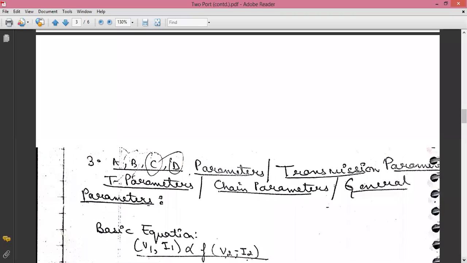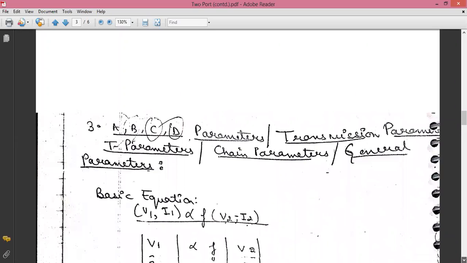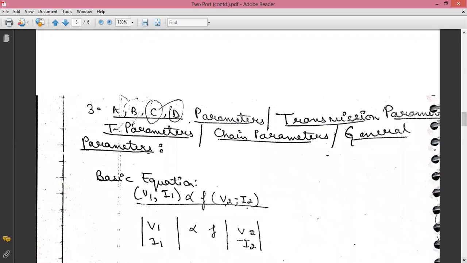So what we have to do, जो आपने पीछे Z में किया, जो Y में किया, अब आप क्या करिए, इसका मैट्रिक्स फॉर्म बना लीजिए. When you see मैट्रिक्स फॉर्म कुछ ऐसा दिख रहा है जैसा मैंने लिखा है, तो मैट्रिक्स फॉर्म में क्या आएगा, that is V1, I1 is directly proportional to the function of V2, minus I2. बनेगा? Yes, sir. Okay, what is the next step?